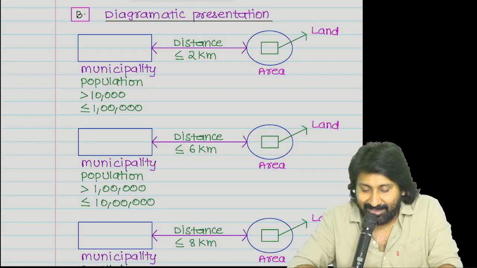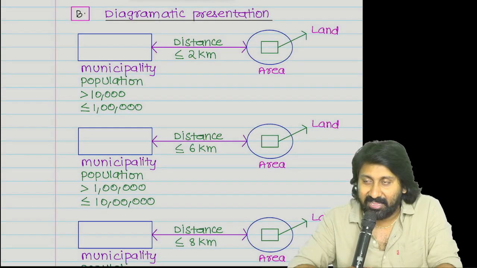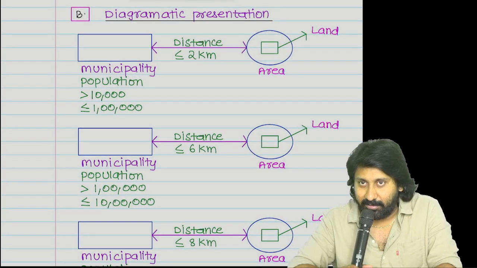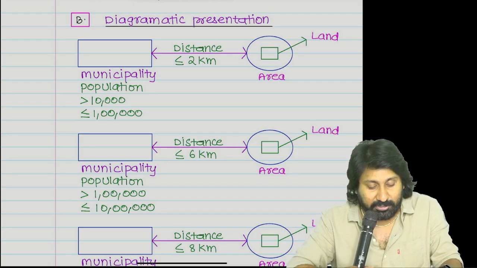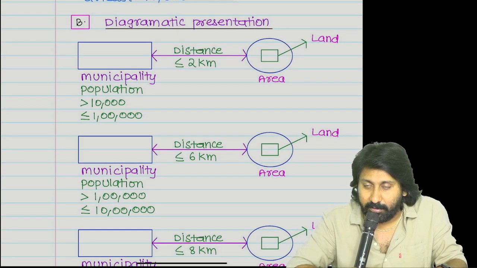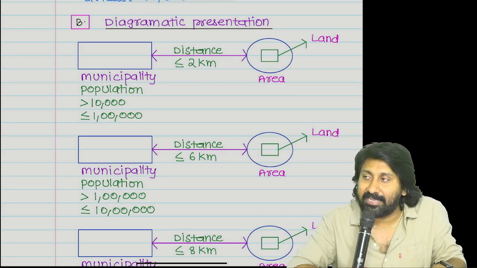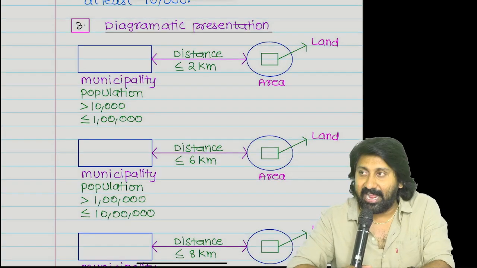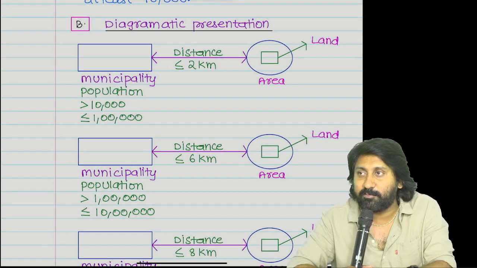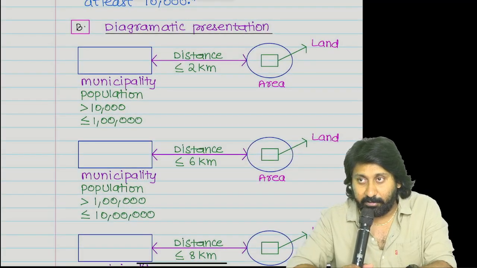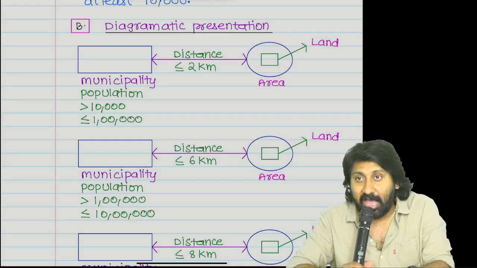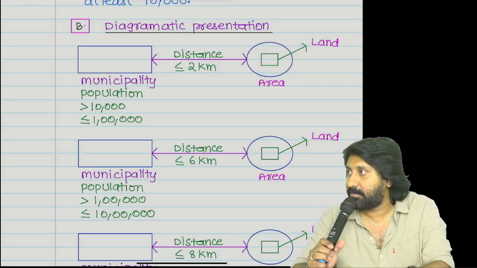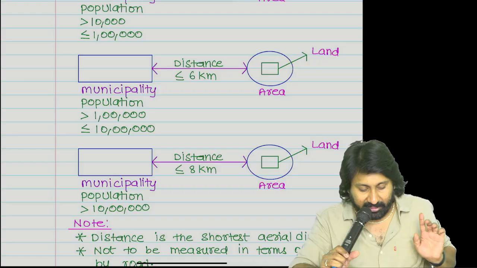There is an area, in that area land is there. This is in the municipality or not in the municipality? It is how many kilometers away? Within 2 kilometers. But this municipality has a population of less than. Now this agricultural land is located in an area which is not within the purview of municipality, but within how much kilometer range? Therefore, this will be treated as an urban agricultural land. Understood the point? Same applicable for the other cases also.